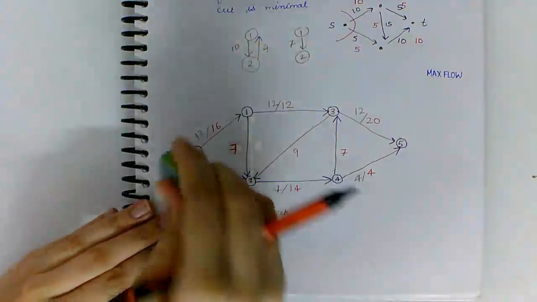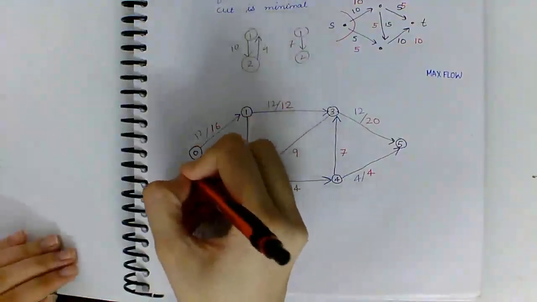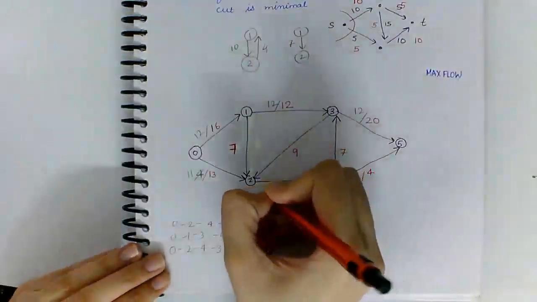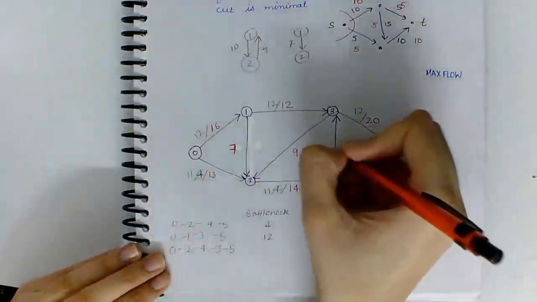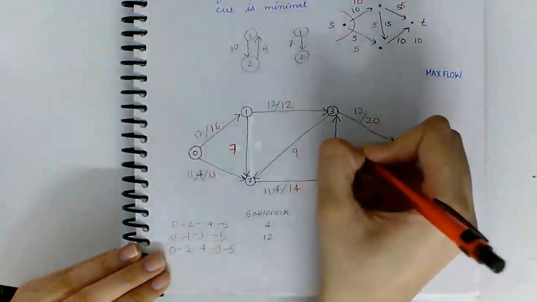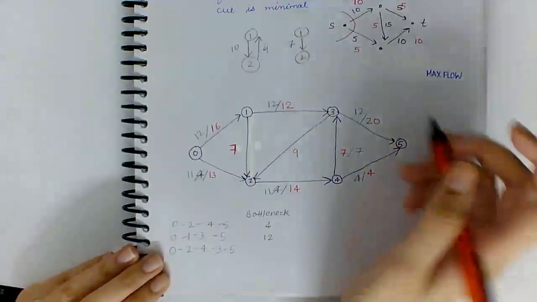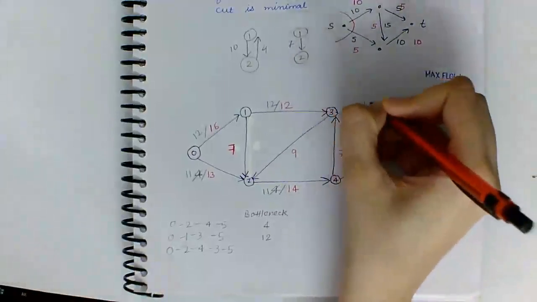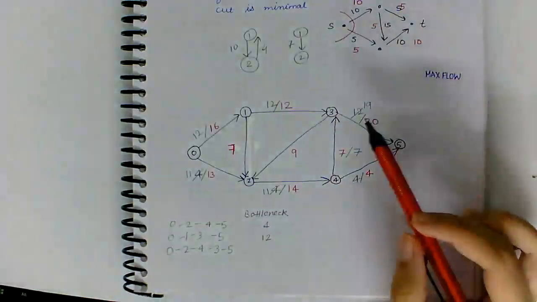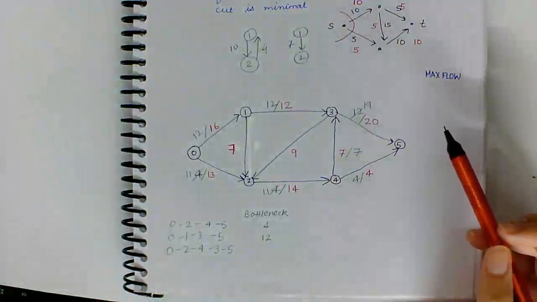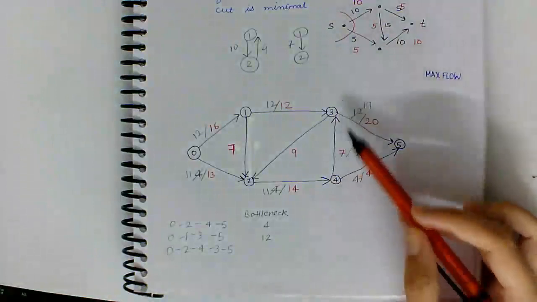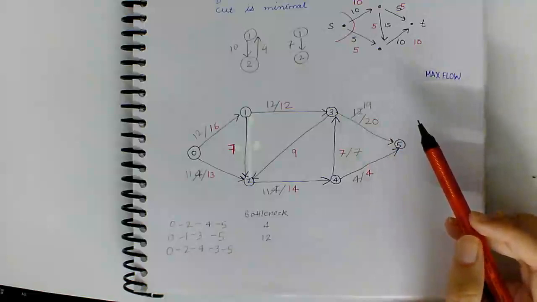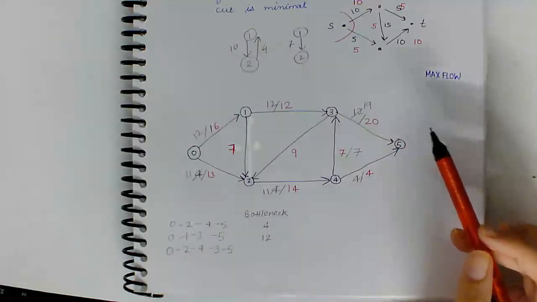So this becomes, I will just cut it so you remember, this has been changed to 11. Can I write it like this? Normally this 7 should be written first, but it's okay, you understand it. So here this becomes 19, and we still have 1 unit left to go. Any places we can adjust it? This one's full. Nope.